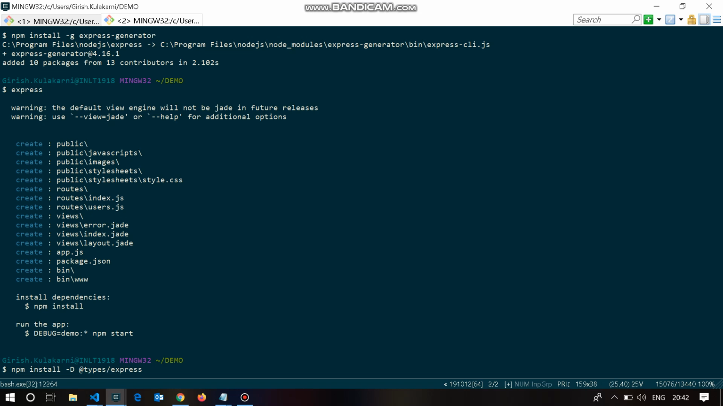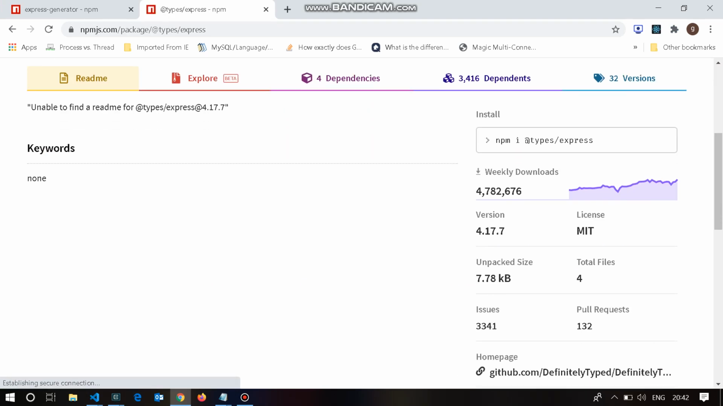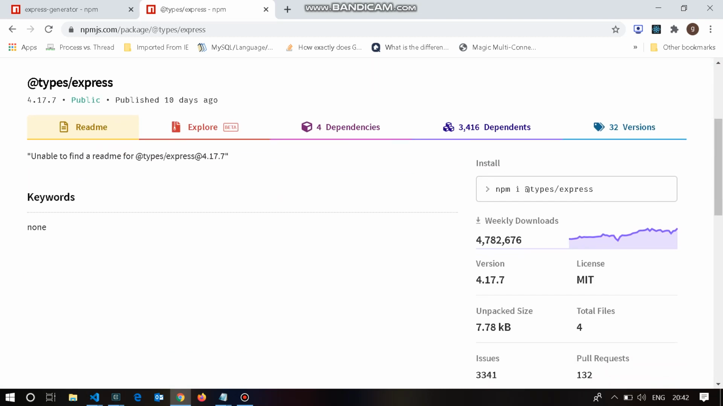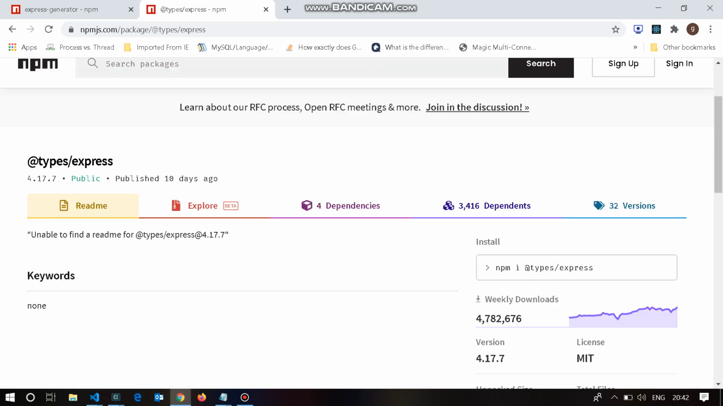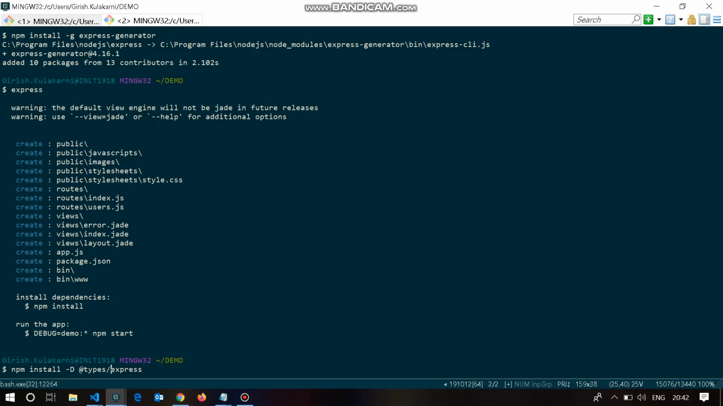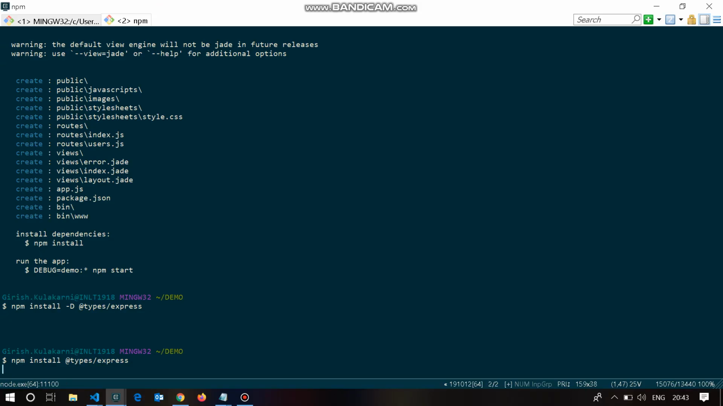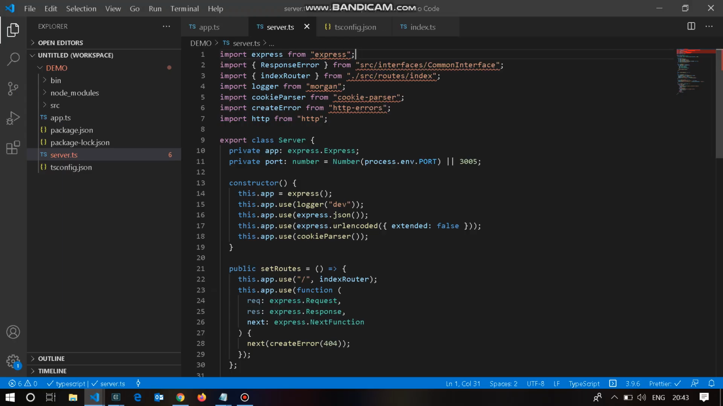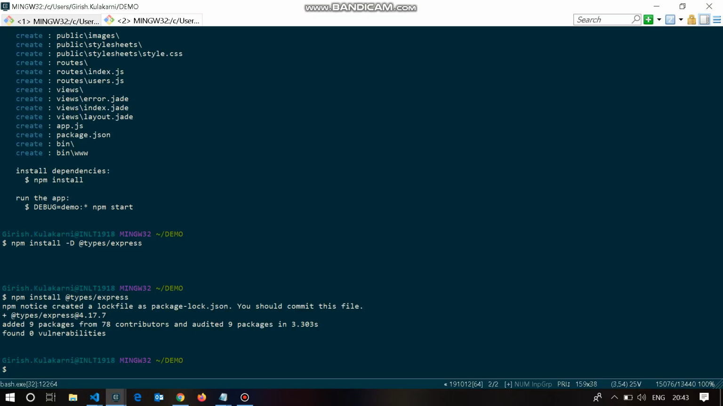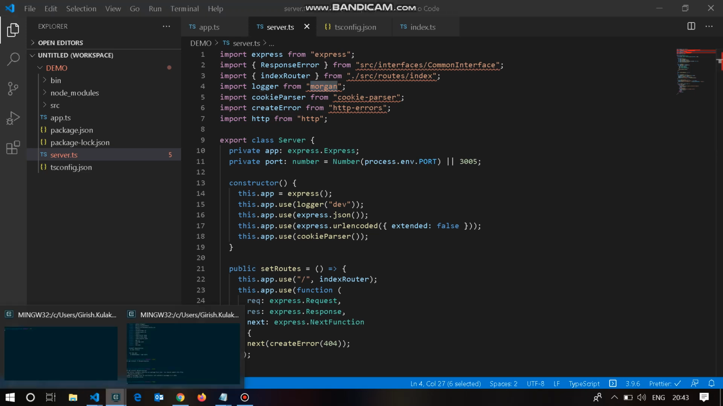@types/express. Okay, you can also read in detail. You can go to the types for Express. So just install these types. This error should go away for Express. Let's see. See, it went. Let's do similarly